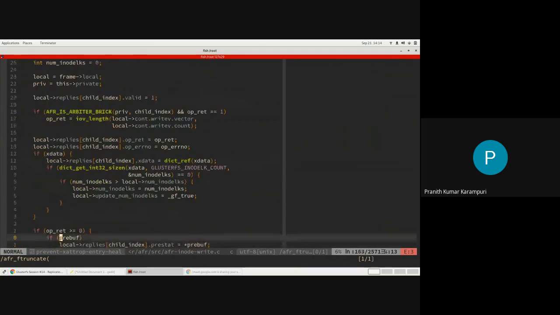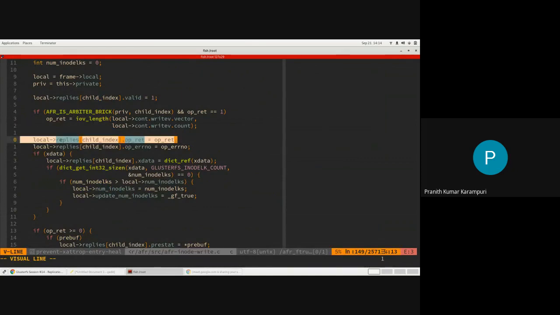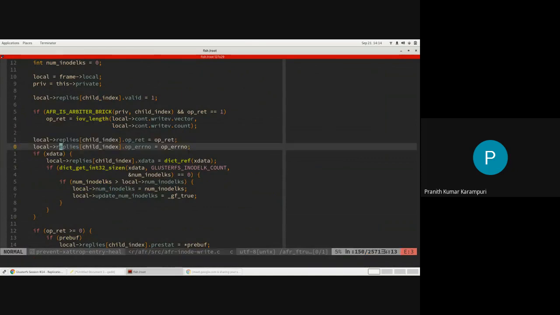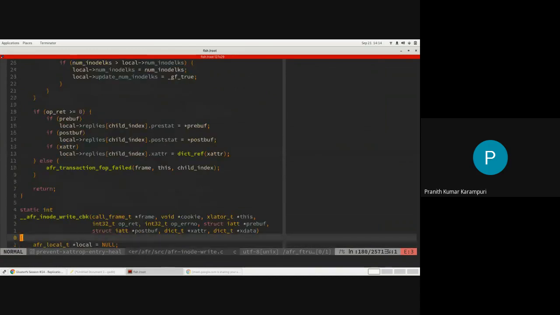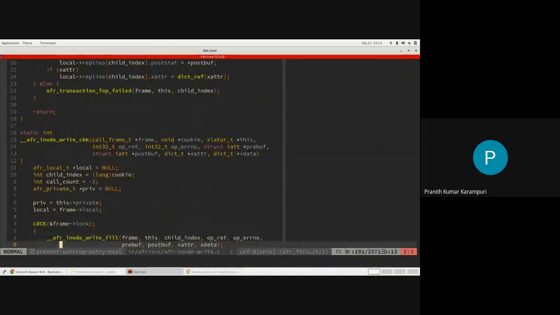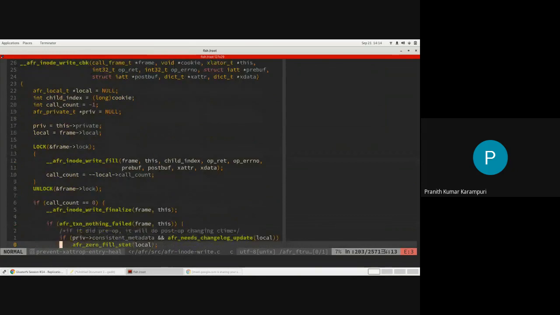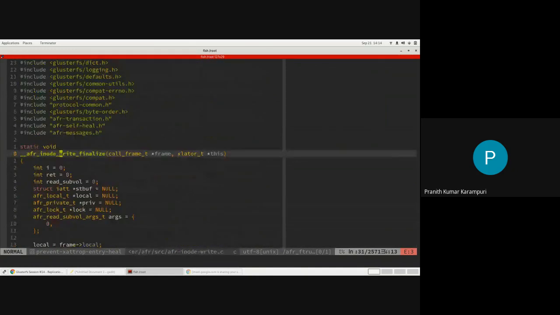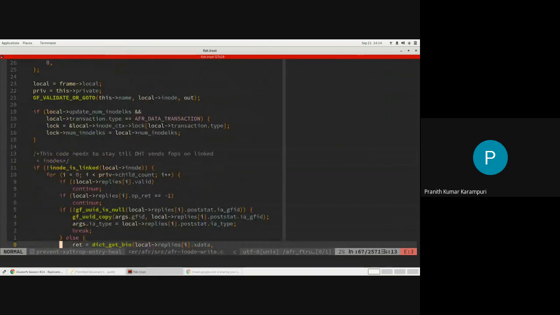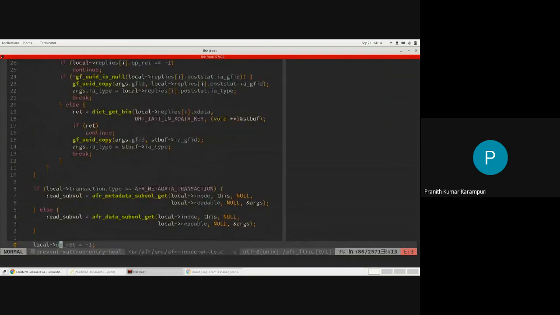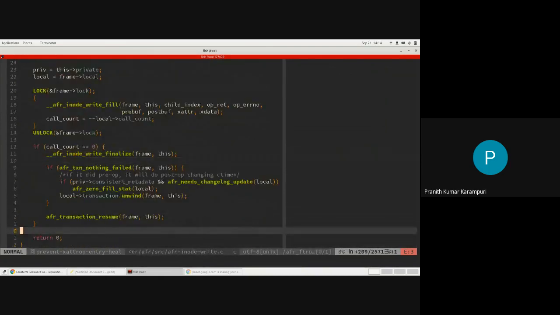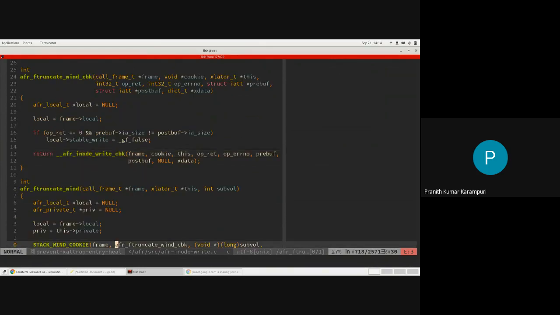It is basically going to save which subvolume or which child gave what response. It will store all of that. Once it completes, it will call some finalize, in which some FOP will do something extra. But once that is done, it will call into the transaction framework again.